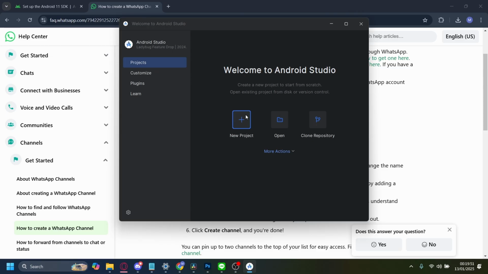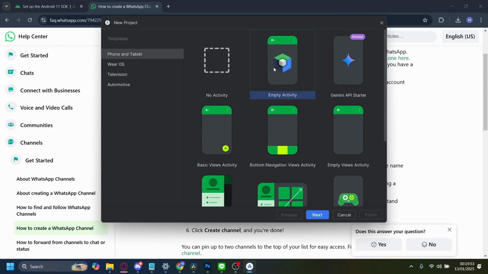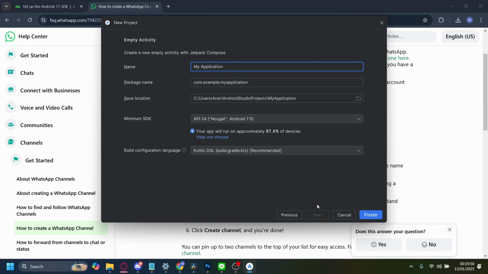Now let's just make a new project here. Let's just do something random. Let's just do an empty activity like this, right? Let's click on next. And then on here, you can see on our minimum SDK, we can select the dropdown,